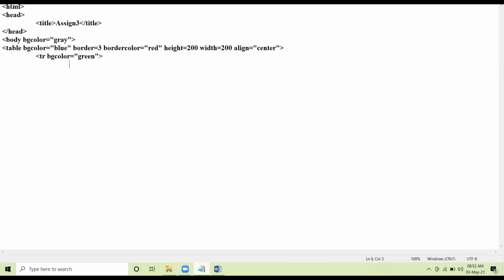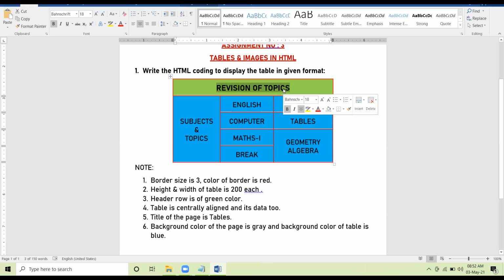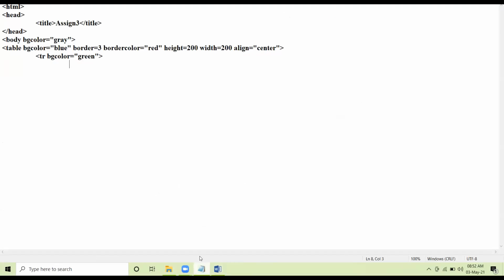So while creating the header row, if your data of the header row is in the center, no need to take the align attribute. Okay, but see here, the header row is spanning across 3 cells column wise. So this is the case of colspan.